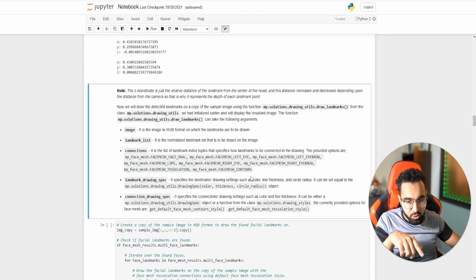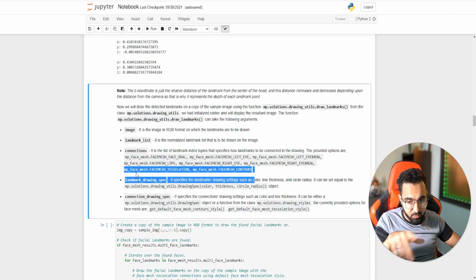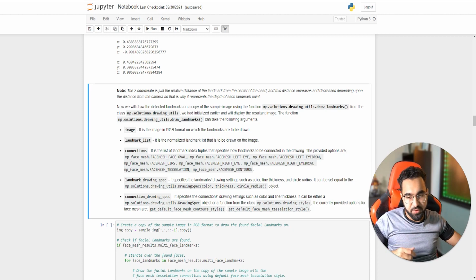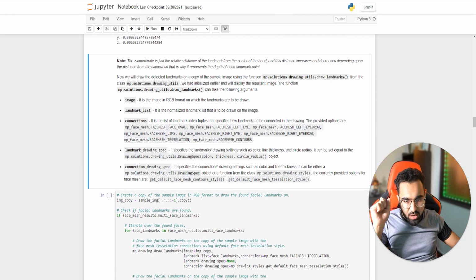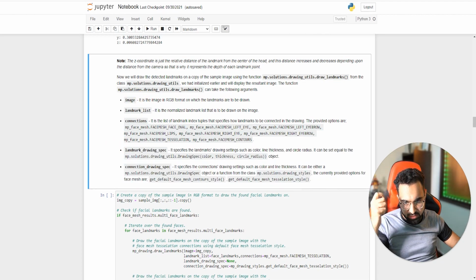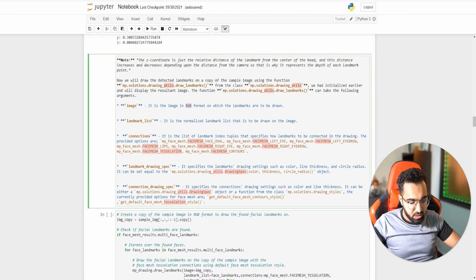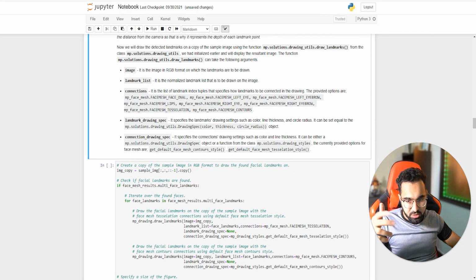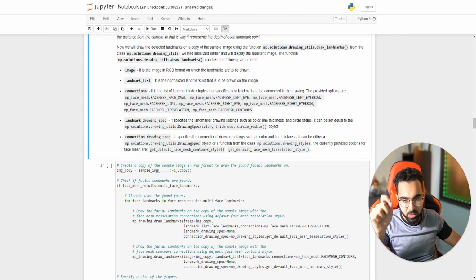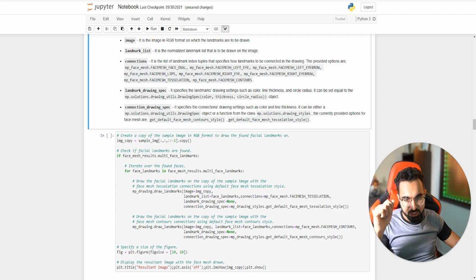And I'm going to display both of these. So I'm going to display the contours, and I'm going to also display this. I'm going to see an interesting visualization of the face in real time. And then these are the same things that you passed when you were working with facial detection. So you're passing an image, and you're passing the color spec, and then the connection drawing spec. So this is how the connections would be. There are 468 points, but how would all these points be connected to each other to create that mesh? So this is where you're passing that spec.